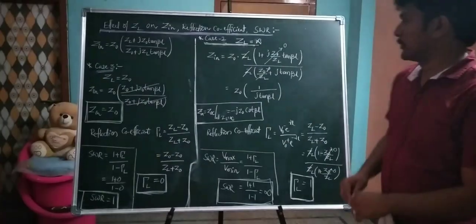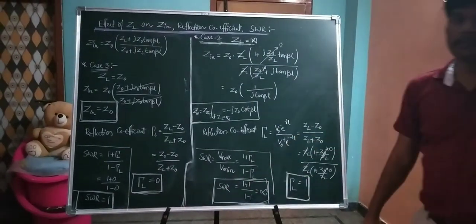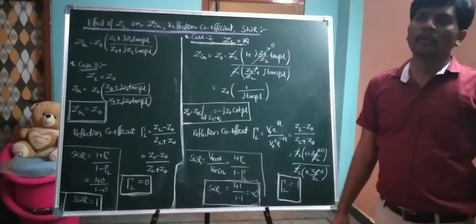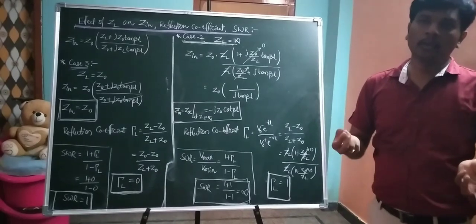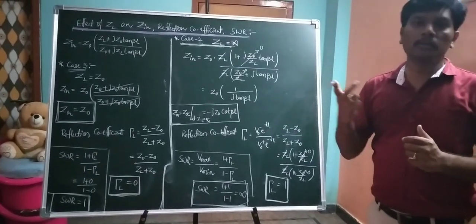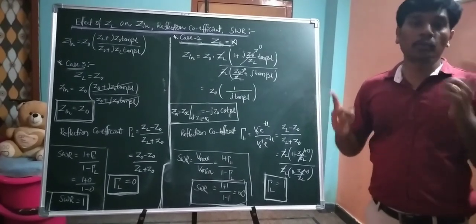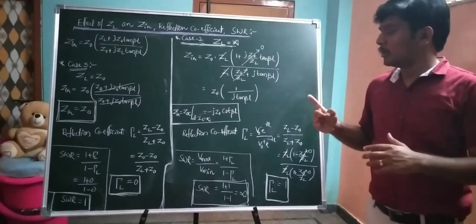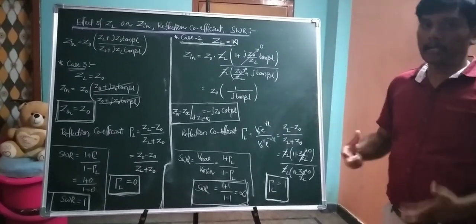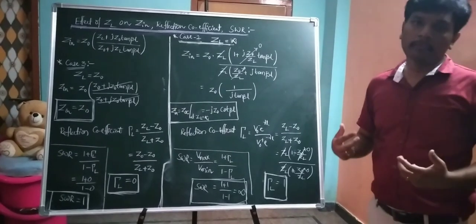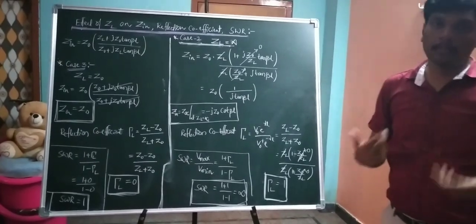So in both cases, when ZL equal to 0 and ZL equal to infinity, what is the standing wave ratio? The standing wave ratio is infinity. That means voltage levels or current levels at any space, if you measure, those levels are very, very high. Why? Because maximum voltage is returned back when ZL equal to 0. Maximum current is returned back when ZL equal to infinity. Therefore, the standing wave ratio is a very, very high value. Standing wave ratio is equal to V max divided by V minimum, or I max divided by I minimum.